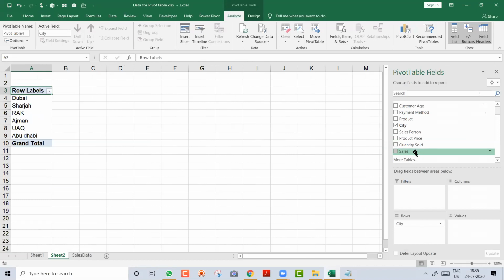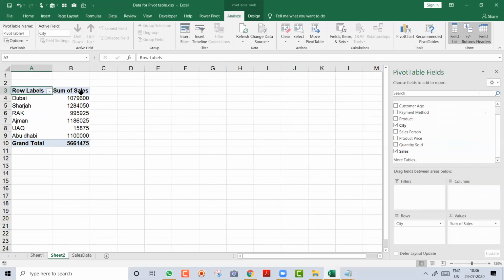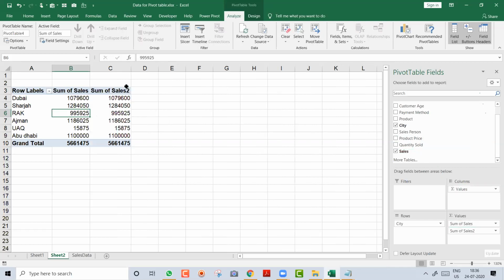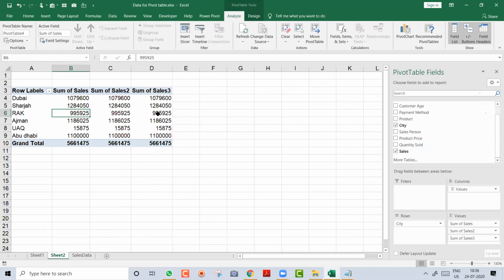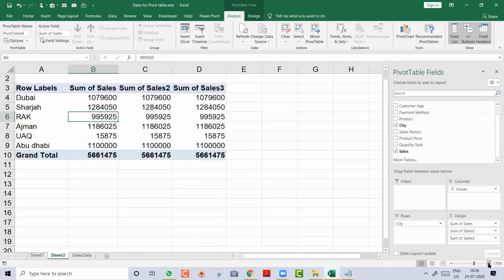This sales column, 3 times, you will put it under the values. Why 3 times? I will tell you. See, I'm putting this sales 1 time under the values. The first time you put it under the values, you will get this column, sum of sales, correct? This you know. Now I will show you something interesting. Now this sales column, one more time you put it under the values. You will get a second column, same, you will get sum. This sales column, one more time you put it under the values. So you will get 3 columns. Understood? So this sales column, I have just dragged 3 times under the values, and I got the column 3 times.